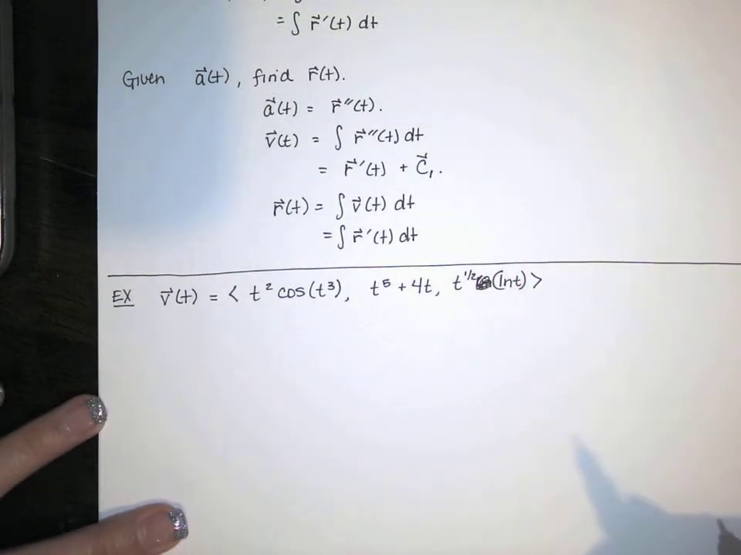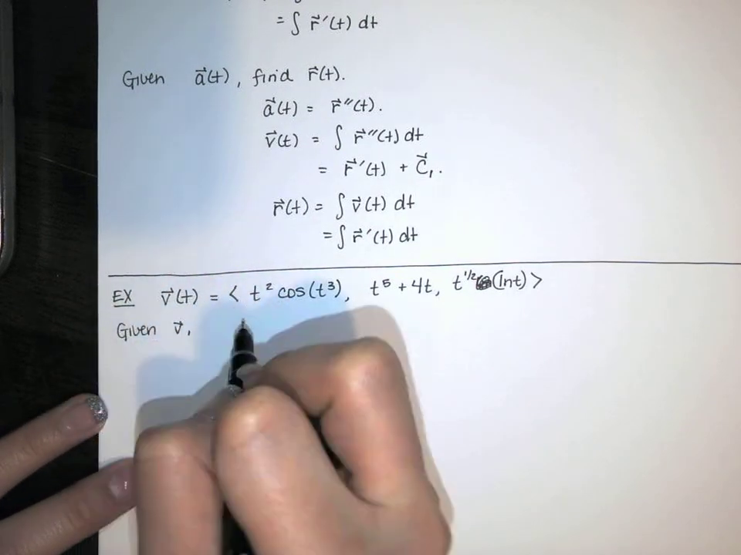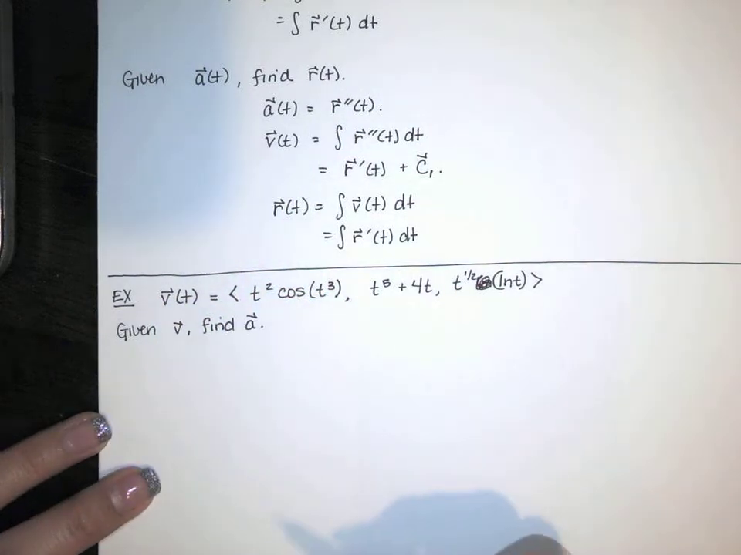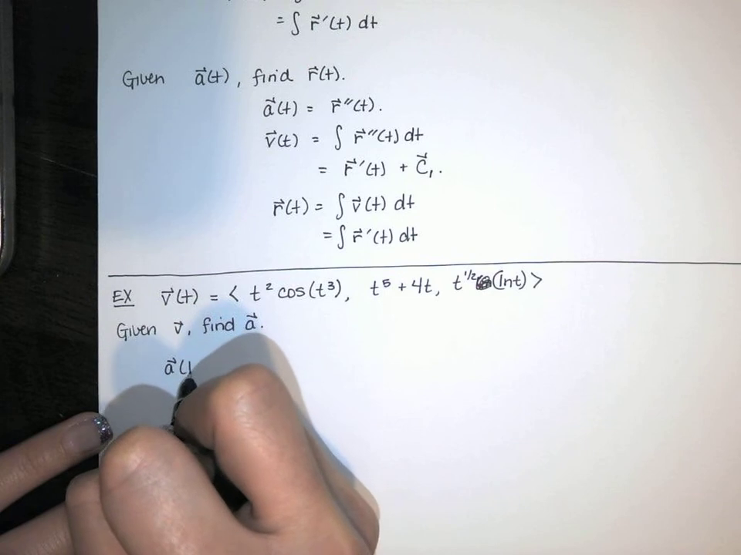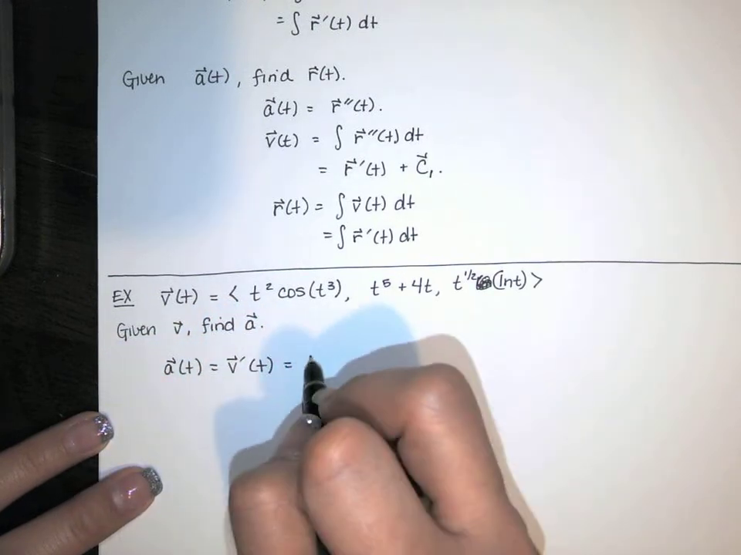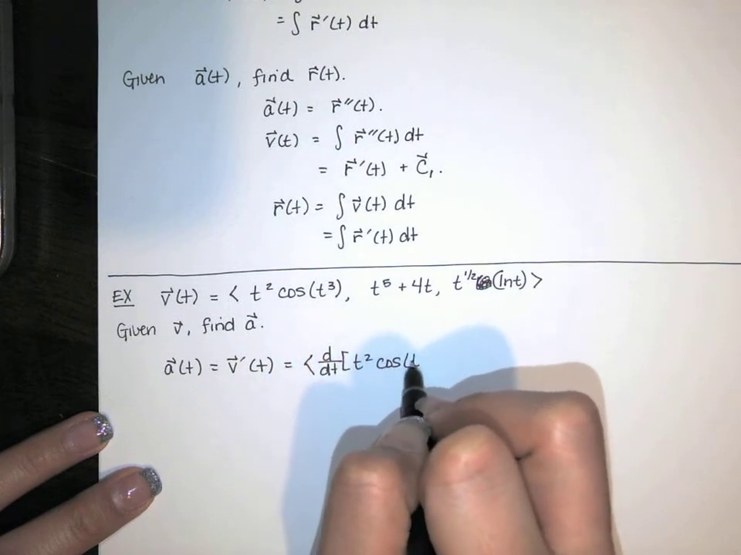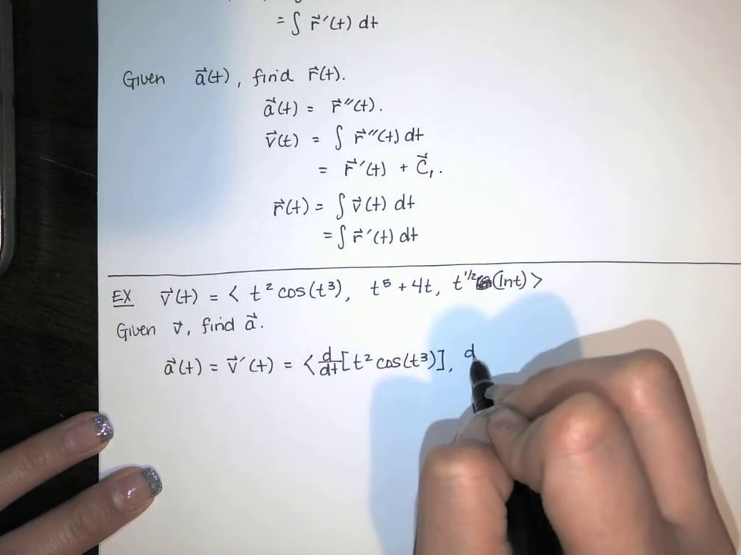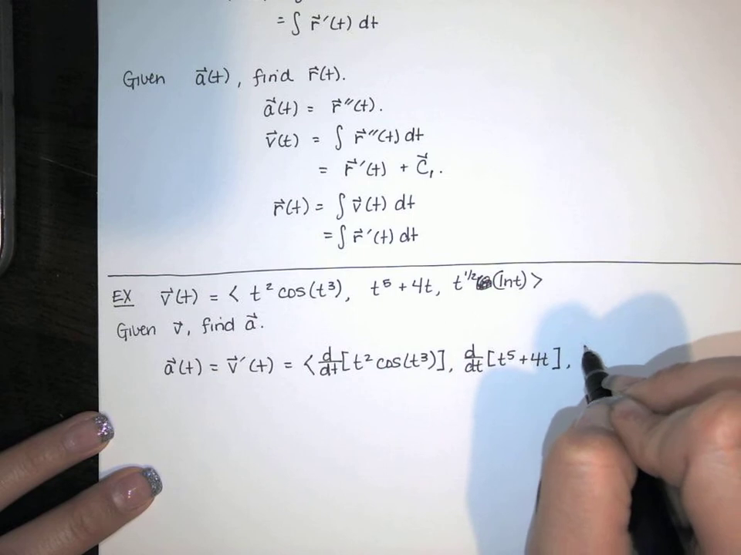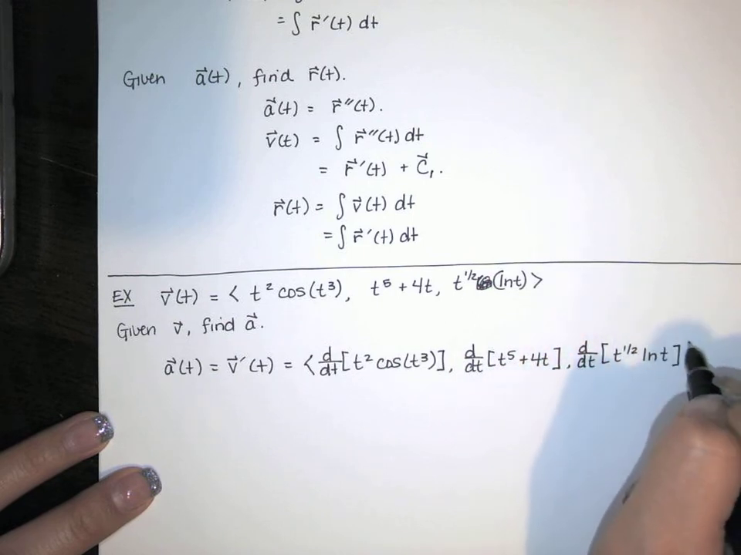If I give you this velocity function, and I ask you to find the acceleration, all we have to do is differentiate. So acceleration is the derivative of velocity, and I'm going to differentiate component by component. So I take the derivative of t squared times cosine of t cubed, and the derivative of t to the fifth plus 4t, and the derivative of t to the 1/2 times natural log of t,